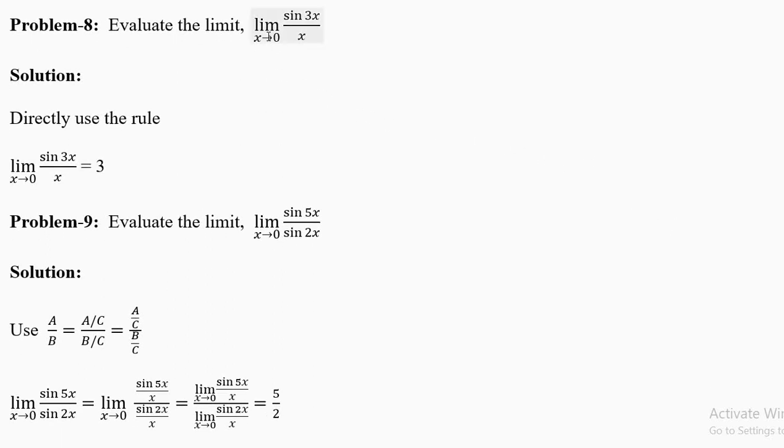Evaluate the limit x going to 0 of sine 3x by x. This I will do slowly because the other questions we had already discussed in the class. Now you have to use the rules from the first page. You cannot factorize sine 3x. So a equal to 3, capital A. So sine 3x by x, when the x goes to 0, the limit is 3. Please remember, we are using radians here and not degrees. If you have 5 here, it will become 5. If you have 6 here, it will become 6.